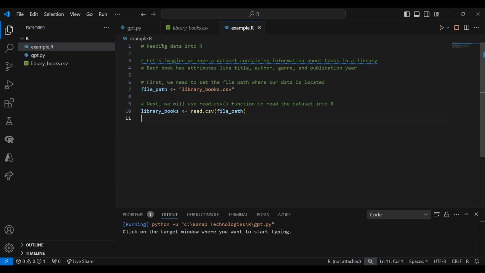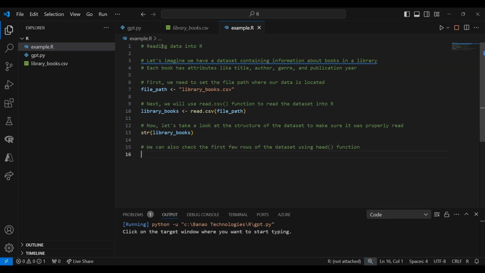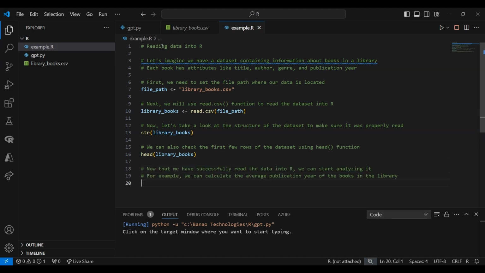To ensure that the data has been imported correctly, the str function is employed to display the structure of the dataset, and the head function is used to show the first few rows of the dataset. Following the data import, an analysis is performed on the dataset. The average publication year of the books in the library is calculated using the mean function, and the result is